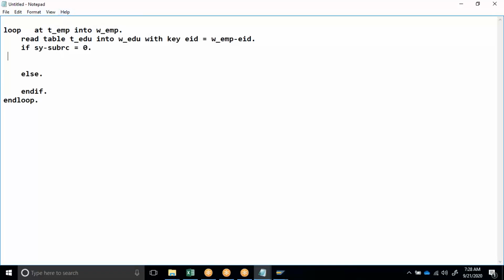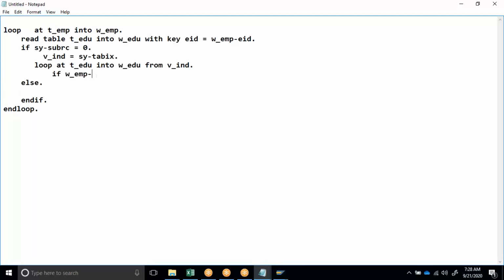Now here we are saying v_index equal to sy-tabix. Then loop at t_edu into work area edu from v_index, and if work area emp eid not equal to work area edu eid, exit.